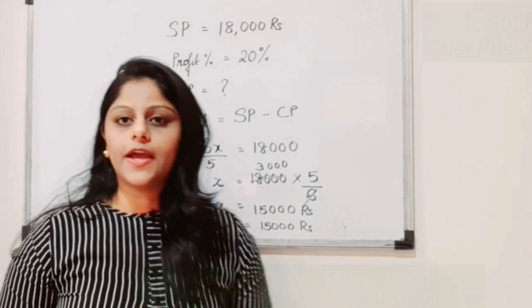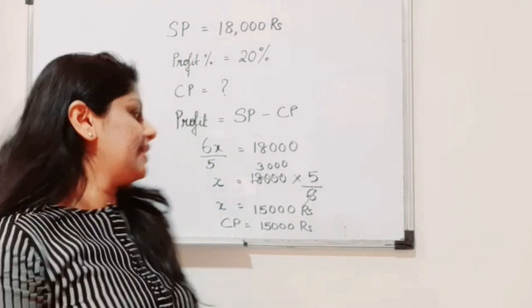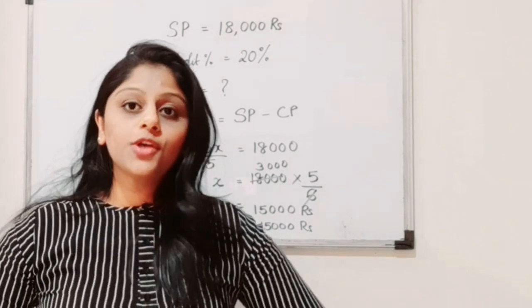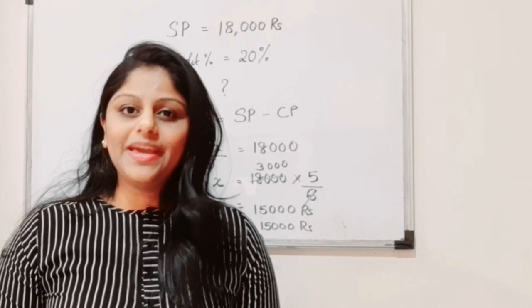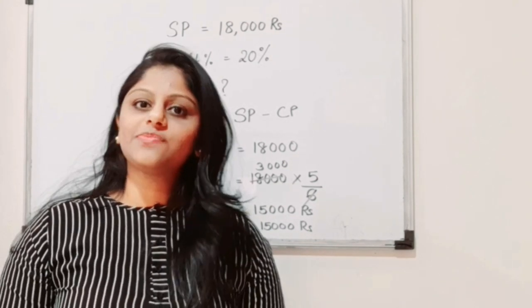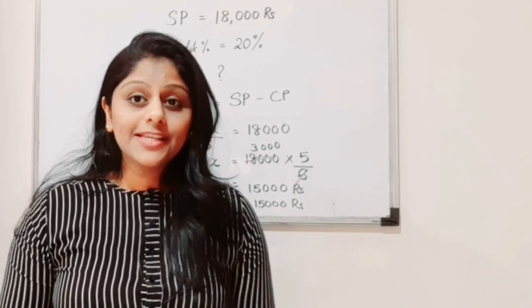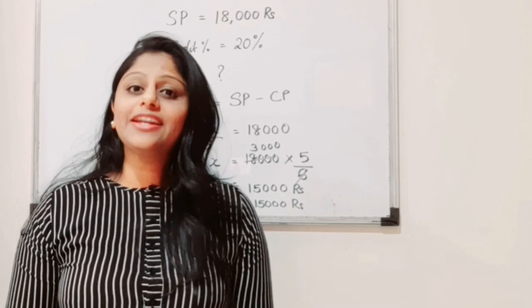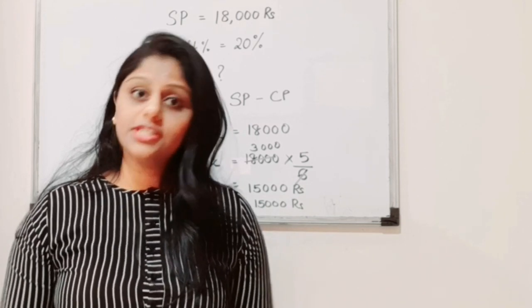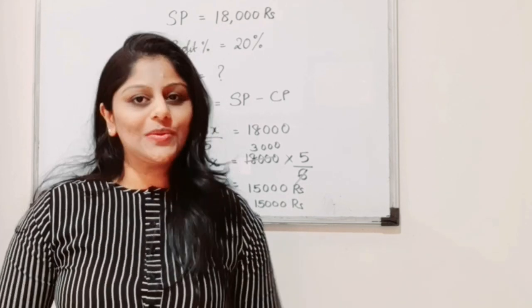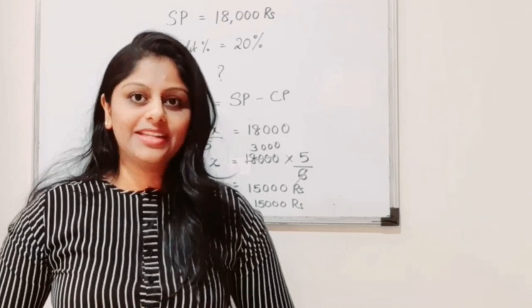See, if selling price and profit are given, we can easily find the cost price. Because we are always keeping the base as the cost price, if cost price is not given, in that place we have to take it as X. And if CP is given and you have to find SP, then it is very easy. You have to just put it in the formulas, find the values, substitute, and find the answer.